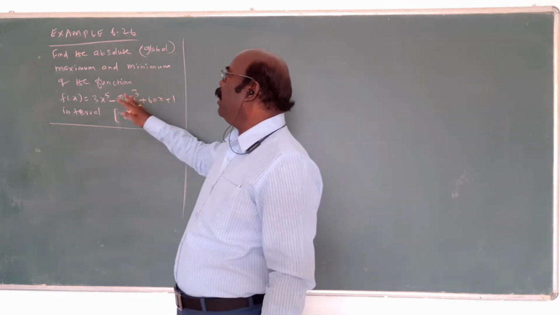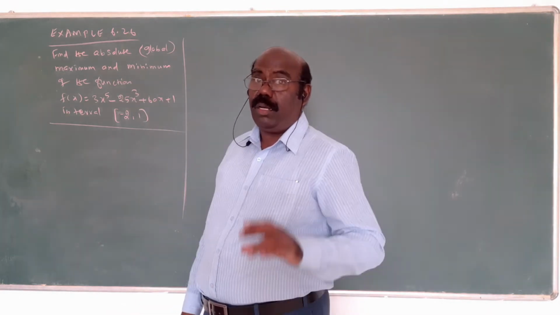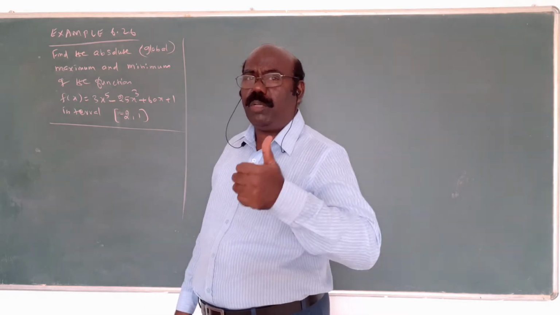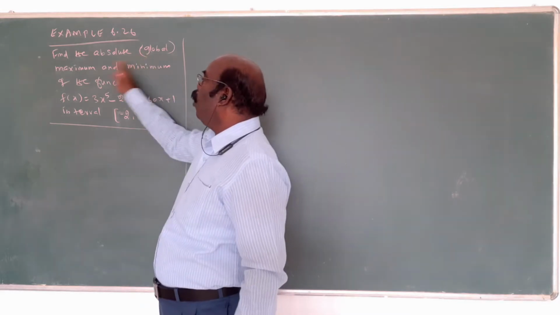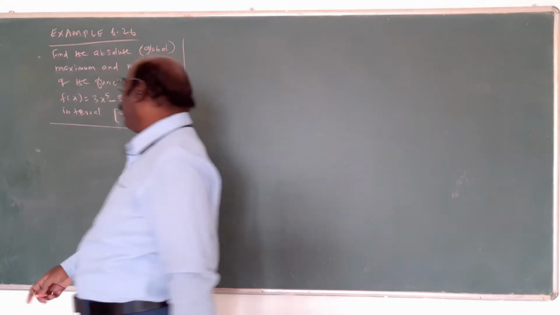The example problem is only in this model. No exercise for this model. Local maximum and minimum were some other idea. This is not the absolute maximum and minimum, otherwise called the global maximum and minimum. This is a concept. The working is the same as the previous idea only.